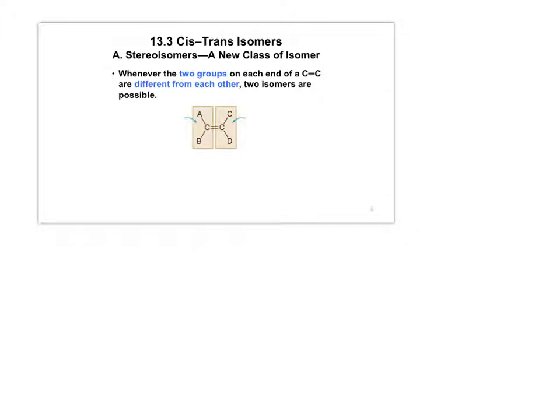an alkane. However, in an alkene, this A is fixed, this B is fixed, C and D. Okay, they're in fixed locations because the double bond does not spin. It cannot rotate like a propeller. Because of that, that creates a new class of isomer where the spatial arrangement is different. Those are called stereoisomers. To illustrate,